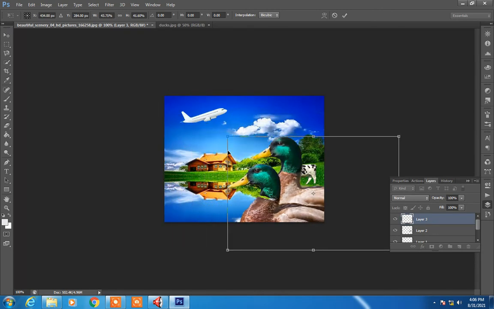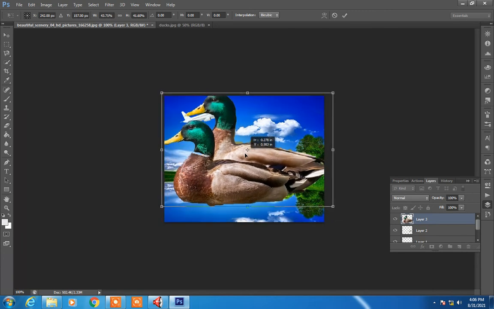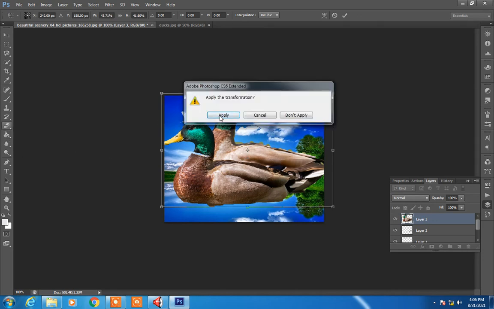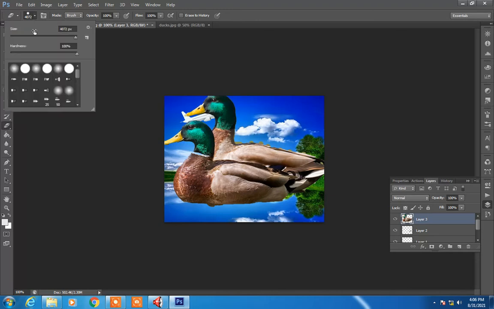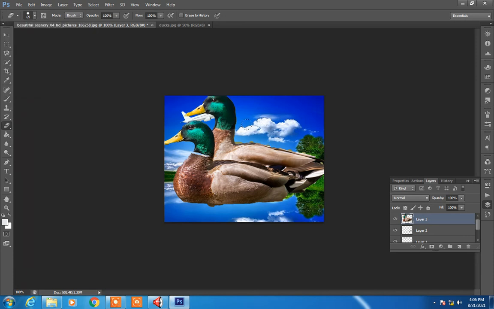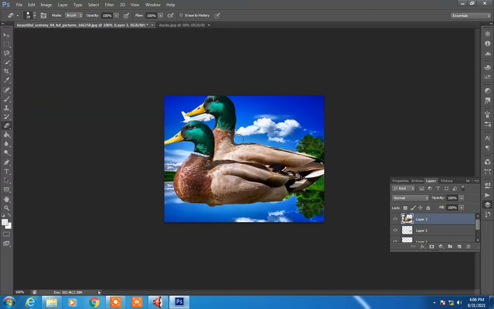Before placing them in the actual position, see, some unwanted part has appeared over here which we don't require. So what we can do is make use of the eraser tool, apply the changes, and just click over here so that the unwanted part of our duck can be deleted.